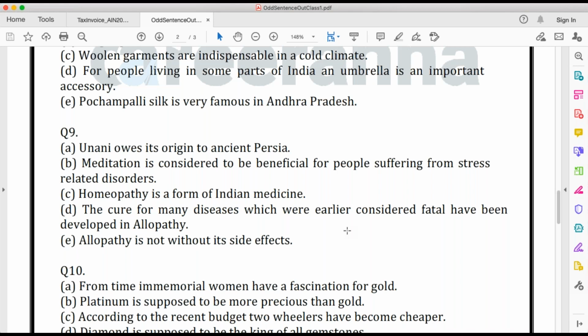Guys, again, just see that what is the subject of the sentence. Don't double click on what is being talked about the subject. Otherwise, if you would see A is talking about the origin, no other sentence is talking about the origin, then I can mark almost every sentence as an odd sentence. A is talking about origin, no other sentence is talking about origin. Sentence B is talking about benefit to people, no other sentence is talking about benefit to people, right? My point is,